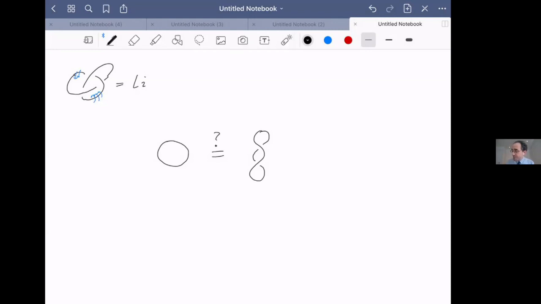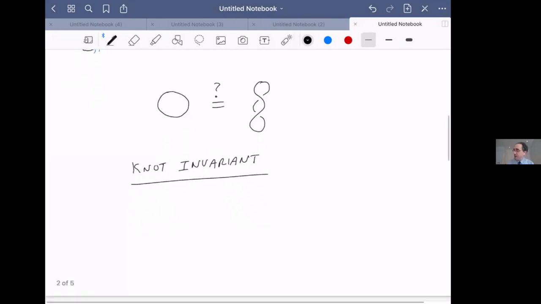Anyway, what Peter Tait realized is trying to tell if knots can be deformed into each other without cutting is a hard mathematical problem, and you need some mathematical tool to help you. And the mathematical tool that he used, he never used this word actually, although it's pretty clear he understood this, is what we now call a knot invariant. So let me define what a knot invariant is.